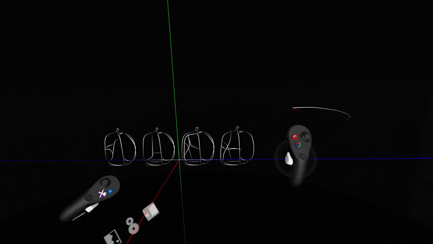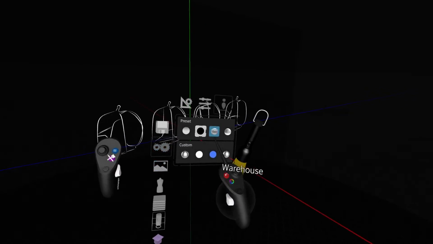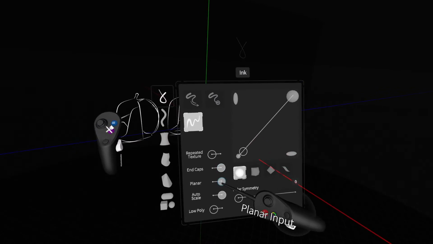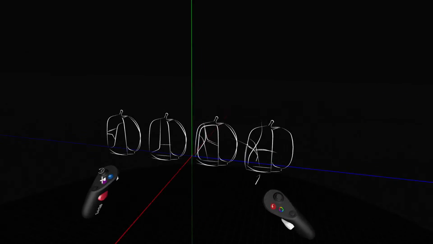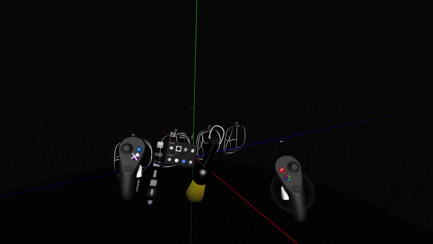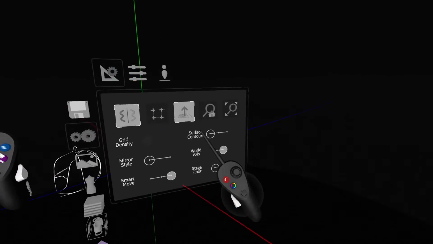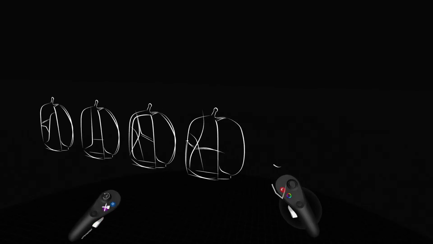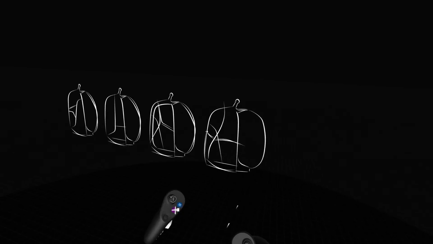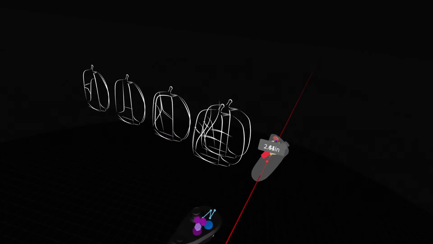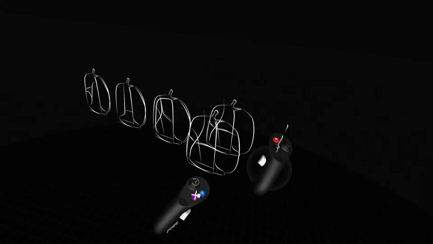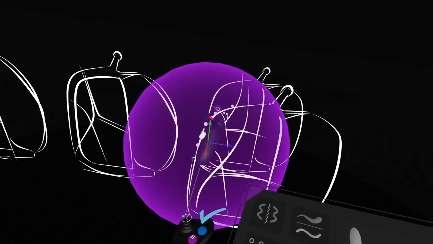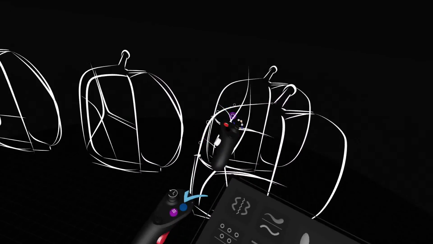Just put them in the middle of our scene, and we're also going to go here and turn planar off. And so we've got these. I'm also going to turn off the world axes here, so we can just see them plainly in our scene. What we can start doing is pull these out, and then we can start shaping how these lines